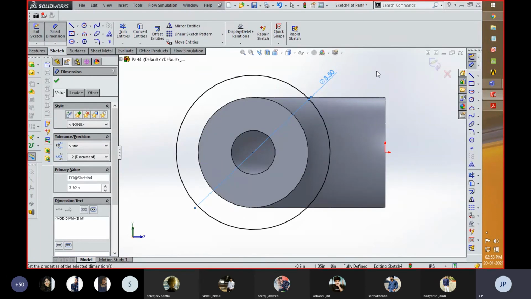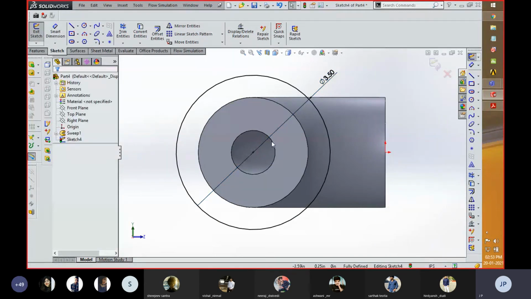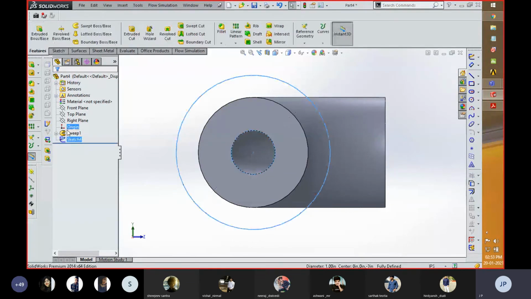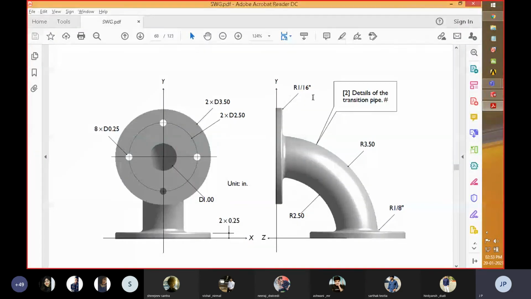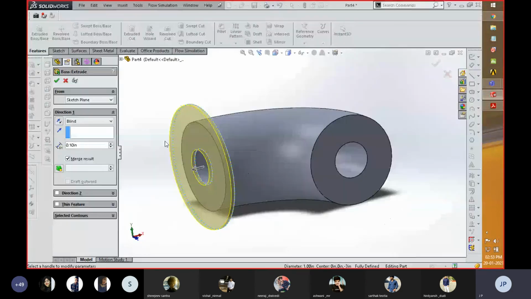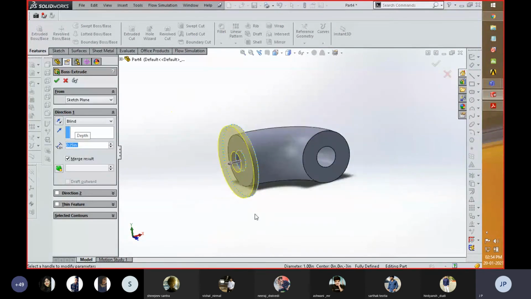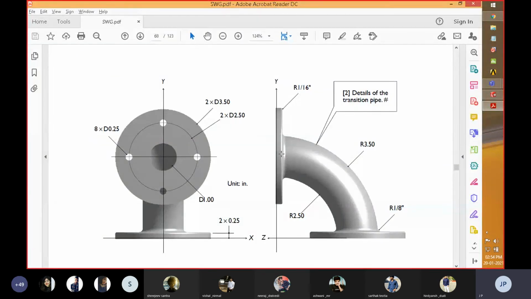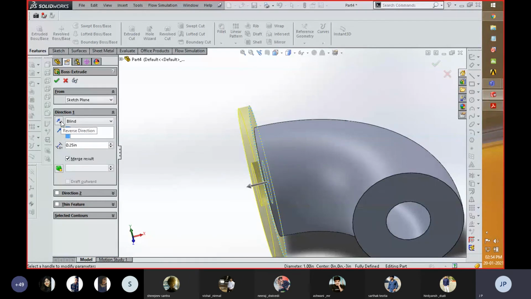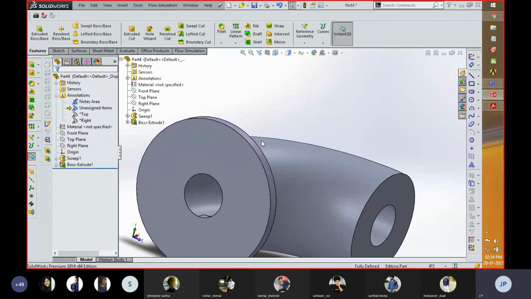and you can click create the circle, or you can convert entities so the sketch can be created. Now what you can do, you have to just add thickness, and that should be of 0.25. So this is 0.25 in value, and in the diagram you can see that the thickness which is given to this component should be on the negative side, so that should be on the other side. So in such a manner this can be created.